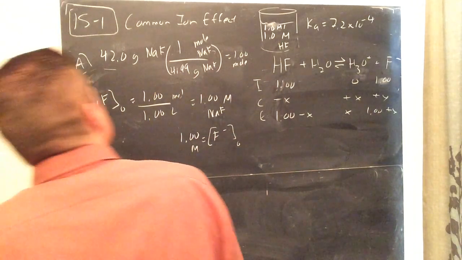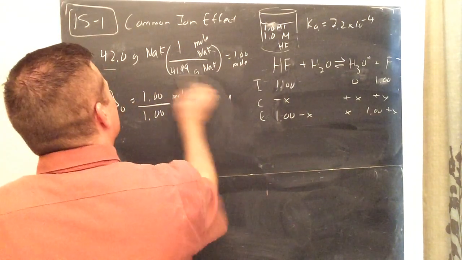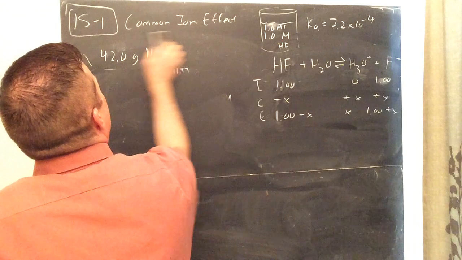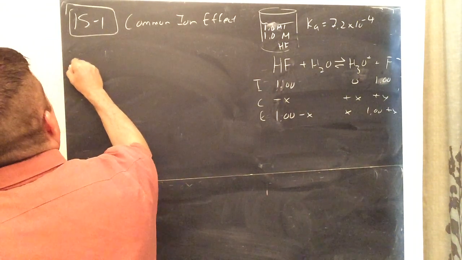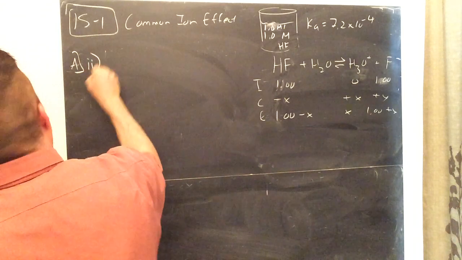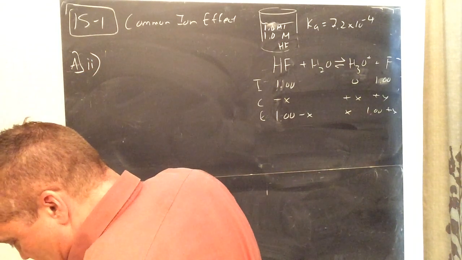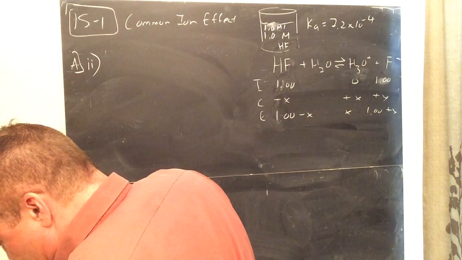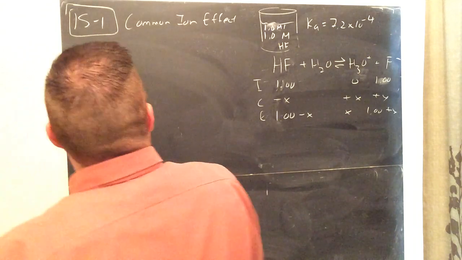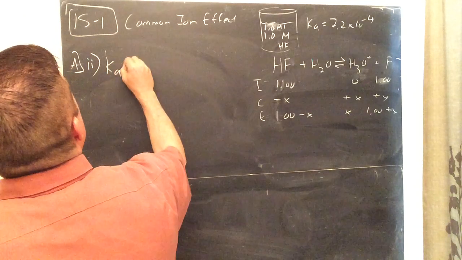Now I have to erase this to do my Ka. I don't know that I'm going to be asking you this on the homework, okay? So this might be one of the ones that I'm saying, but I want you to see how to do a common ion. How do these values compare to the, no, I haven't done the problem yet. Calculate it. Ka equals